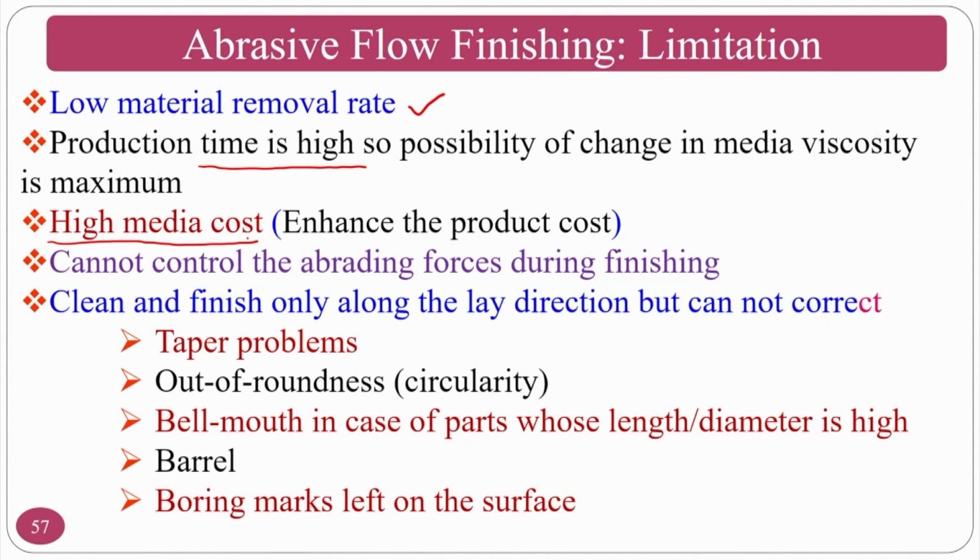Medium cost is very high because this medium is normally sold by companies like Kennametal Extrude Hone and Microflow. There are some companies from Germany and Europe, some from the US, and some from China also. If you want to procure it, the medium cost is slightly expensive. As I said, if you purchase Kennametal Extrude Hone medium, it is expensive, like 2 kgs is 4 lakhs, 5 lakhs rupees.